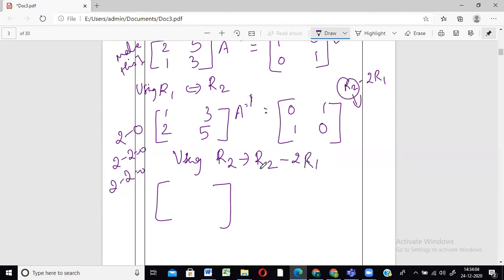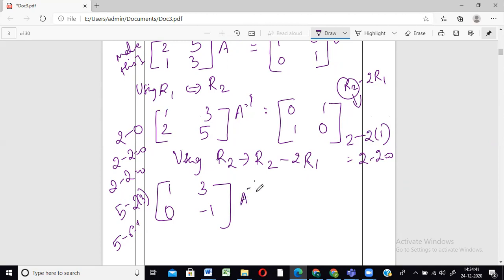It means we are going to change R2, R1 is remaining as it is. So let us write R1 as it is. Okay, R2 is R2 minus 2 times R1. So this is our R2, right? R2 minus 2 times R1. R1 is 1. So the answer is 2 minus 2, which is equal to 0. This you can do in the rough work, okay? Don't do it like how I am doing it. I don't have space. Likewise for the next element also. 5 minus 2 times R1. The corresponding R1 element is like this. So 5 minus 2 times 3, that is 6, which is equal to minus 1.